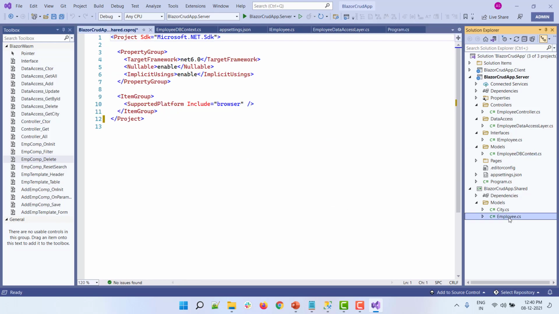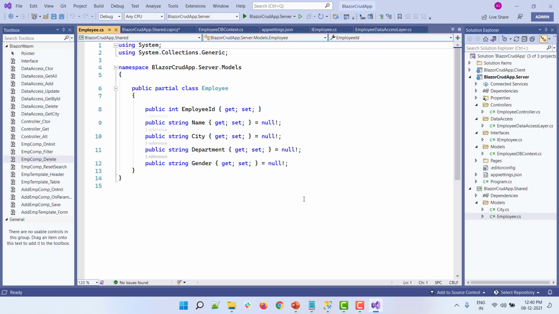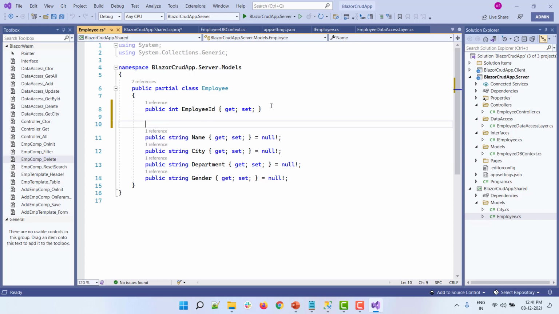Now inside the employee.cs file, on the UI, our structure will be that we will have a form. The form will allow the user to enter the data, and we have to implement client side validations on the form. And since we are going to bind the form to our employee class, we have to put our data annotations inside this file as well. So here we are going to add the Required attribute. The Required attribute comes from our data annotations, so we have to import that.